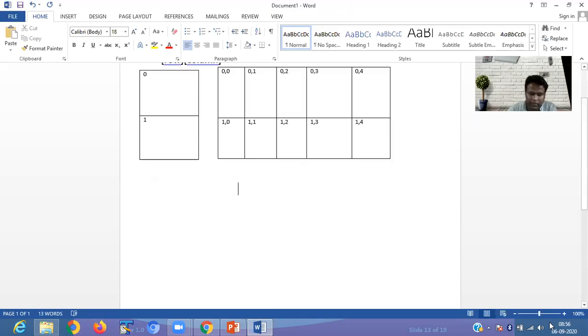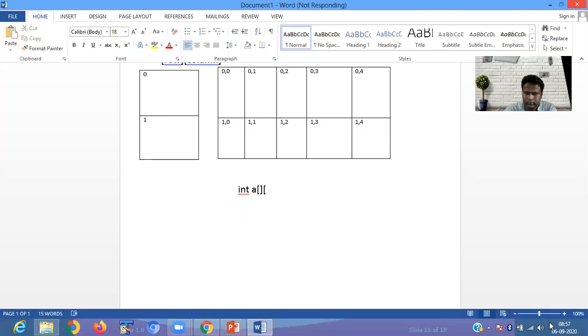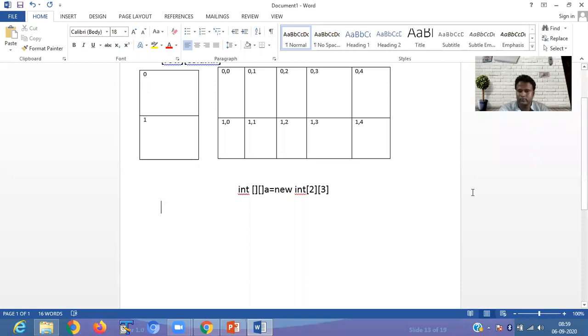For defining a multi-dimensional array, suppose I want an array, here I define it.